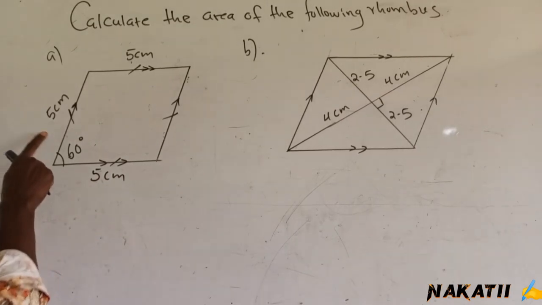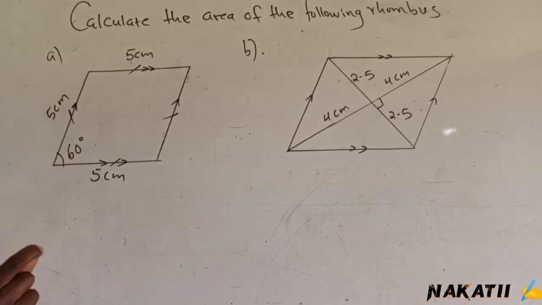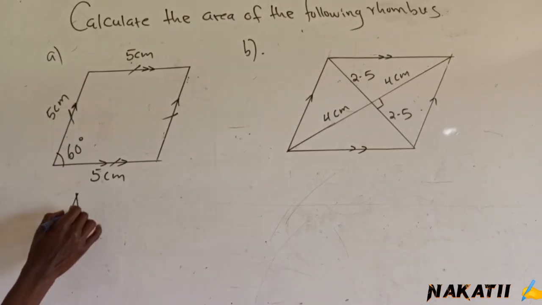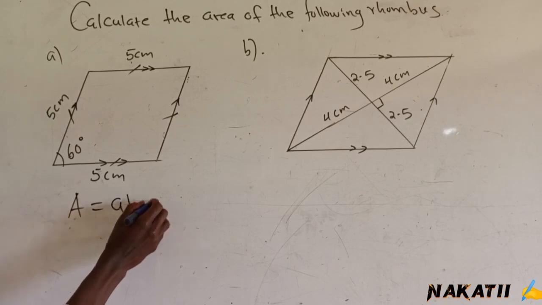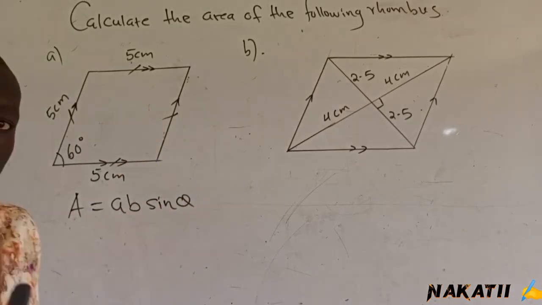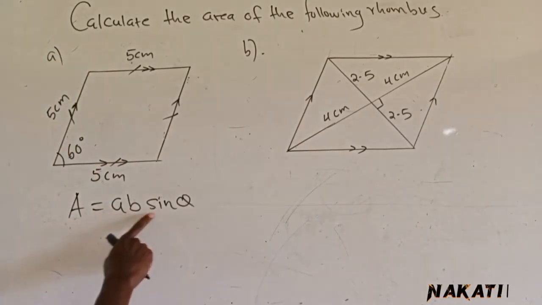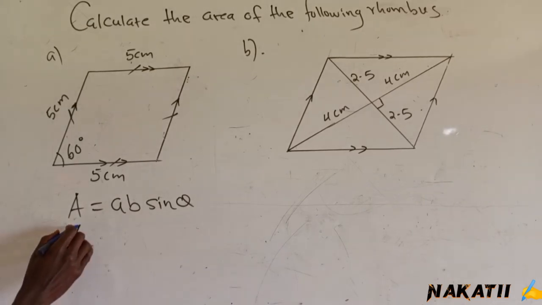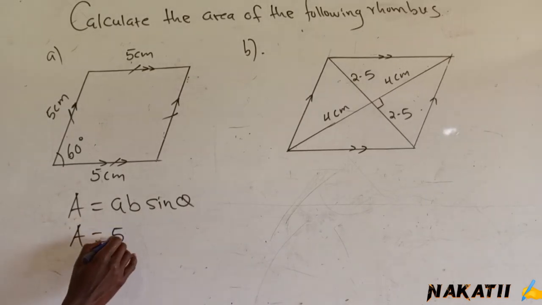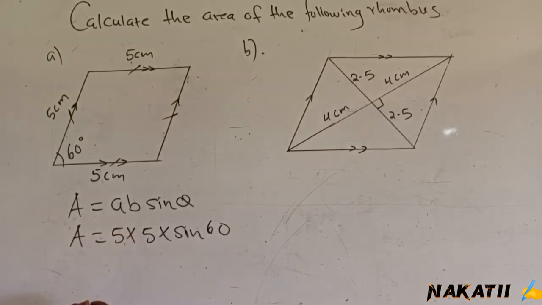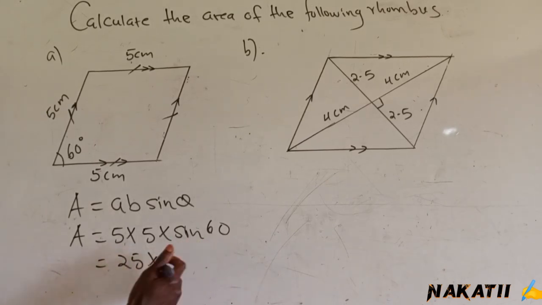If you have two sides and an included angle, you can still apply the same formula. This time around, it is written like this, that area is equals to AB sin theta. We don't put a half. When it is a rhombus or parallelogram, we use sin formula in this format. Therefore, we're going to say area will be 5 times 5 times sin 60. This one will give you 25 times sin 60, which is the same as